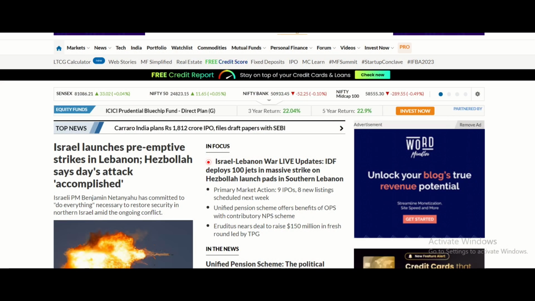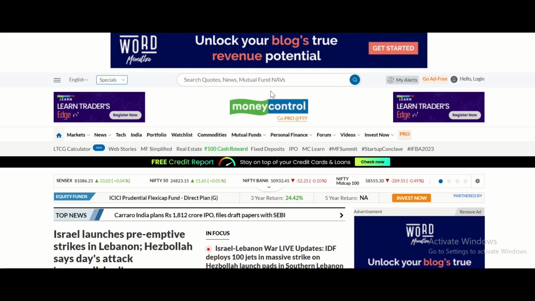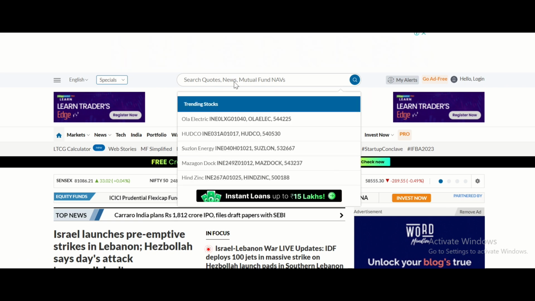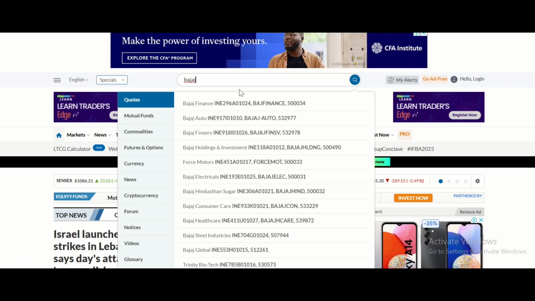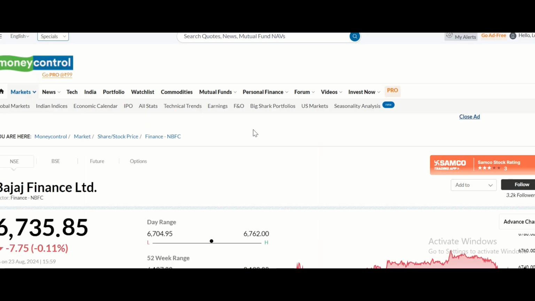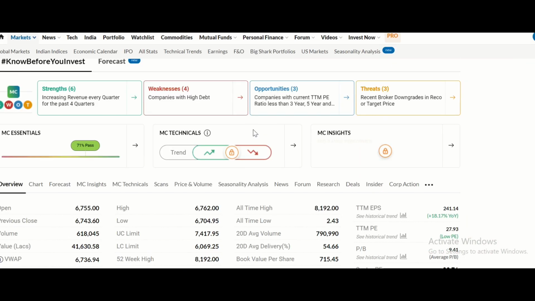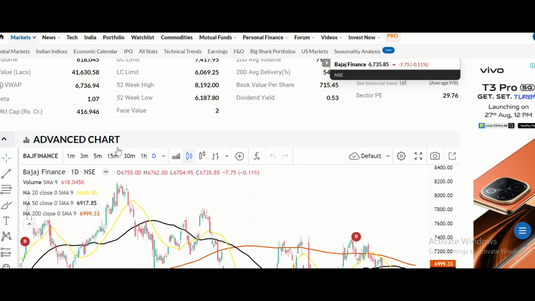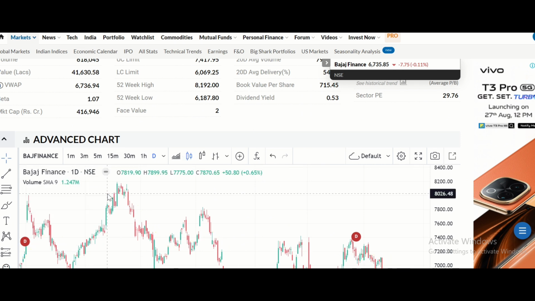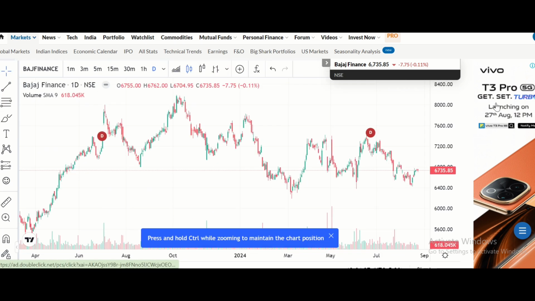So friends, I'll show you a very simple and effective strategy for stock analysis. So what we'll simply do is that we'll go to moneycontrol.com, as you can see on your screen, and we take example of any blue chip listed company, let's say Bajaj Finance. So we'll search for Bajaj Finance's chart on Money Control, and so we'll just clear all this for the while. Yeah, and so what you can see on your screen is the Bajaj Finance daily chart